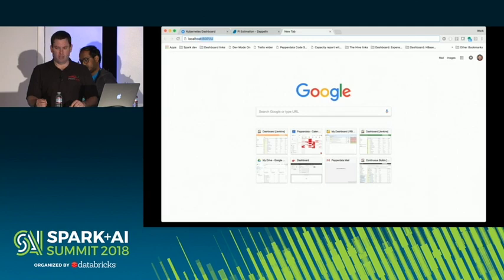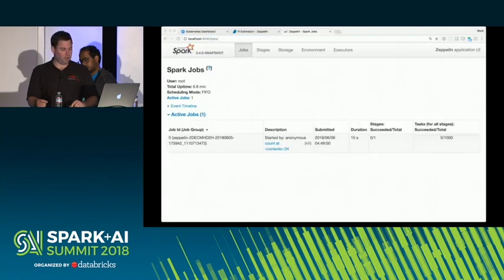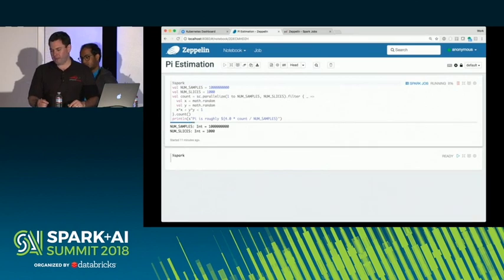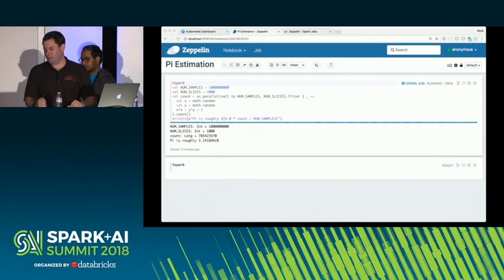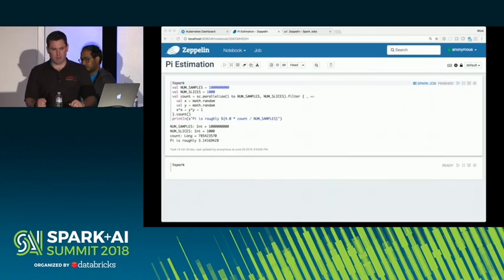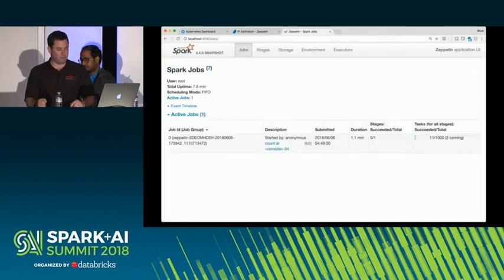Next thing we're going to do is take a look at the Spark UI. In the Spark UI here, we can see that this job is here. It's just starting its tasks, 8 tasks, 11 tasks done. If we go back to the notebook, the Zeppelin notebook provides us this nice little progress bar that's watching all those tasks complete. So we can see that it's busy estimating my pi. And once it finishes that, we'll go back to the Spark UI. We'll see that all the tasks are done in the Spark Web UI. Refresh it, and we'll actually see that it's 1,000 tasks done.